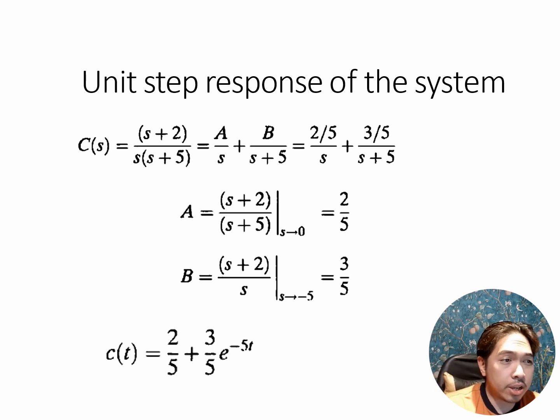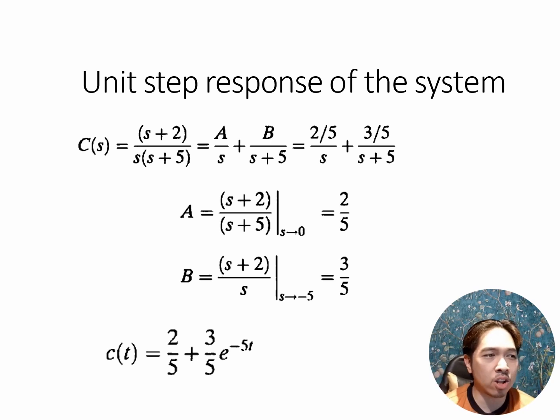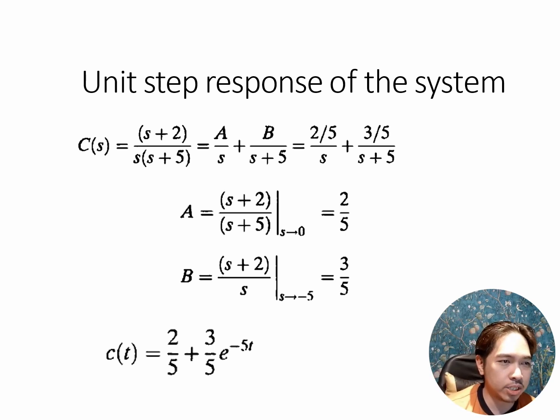So considering the unit step response of the system, we have (s + 2) over (s + 5) from the previous slide, and we have there 1 over s for R(s). Simply multiply that, so we have two linear factors in the denominator. We can decompose that to A over s plus B over s + 5. And applying partial fraction decomposition, we can arrive at certain factors, 2/5 and 3/5, which is this. I'm going to highlight that.